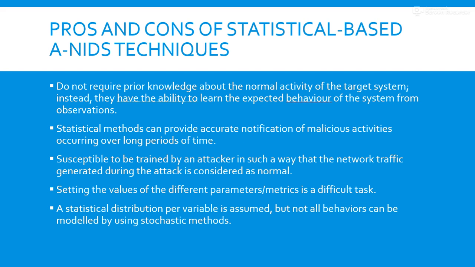But the disadvantage of this scheme is that it is possible for it to be trained by an attacker. If it is trained by the attacker, then the attacker will have something else treated as normal. The attacker will train the system to treat the attack as normal behavior. So the system will not be able to detect the attack, because for the system it is normal behavior,